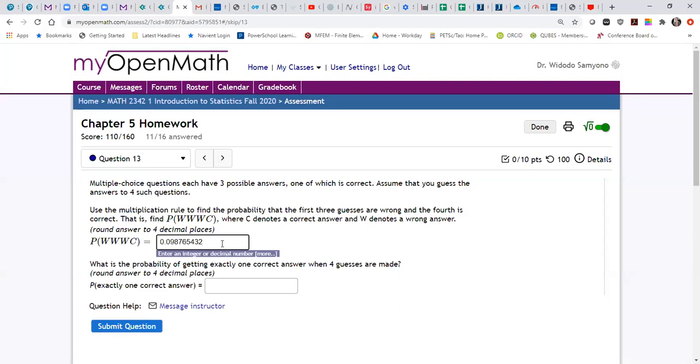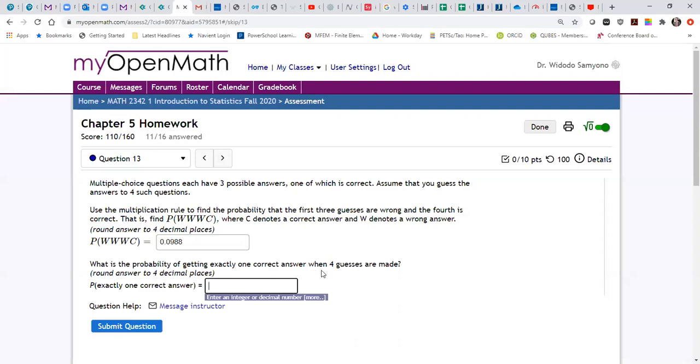Okay, so you need to round up to 4 decimal places. If you round up to 4 decimal places, you will have up here 1, 2, 3, 4. This one should be 8, right? Okay, and then if you guess correctly for cases,